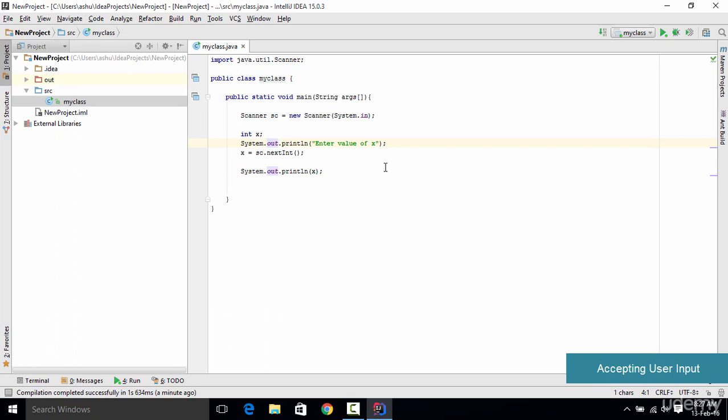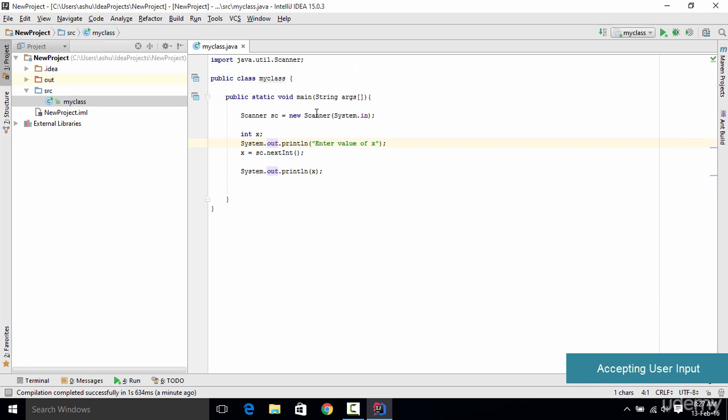So whenever we want to accept a user input, there are numerous methods, but the simplest method is by using Scanner. So basically we have used the Scanner and we have created a Scanner object. Now if you are confused with objects and object creation, then it's okay. As a beginner you will have some problem in understanding these things, but as we move along the course, it would be more clear to you what is object initialization.